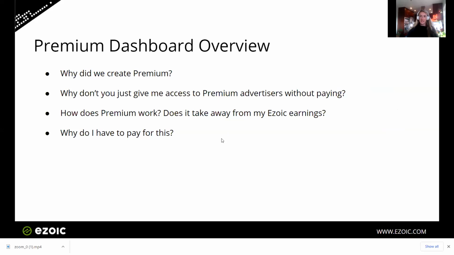So the first one, why did Ezoic create premium? Ultimately we created premium because the way it used to work before there was a bunch of ad tech companies is that you would have an ad ops team as a website and you would say, okay, we want to find direct advertisers that we want to work with. So you would hire an ad ops team and they would go out and find these premium or direct deals, but it would be a net 90-day payout. So you'd actually have to wait 90 days after paying this ad ops person to actually see a return on that investment. So our CEO and our premium team came up with the idea that we wanted to create premium,